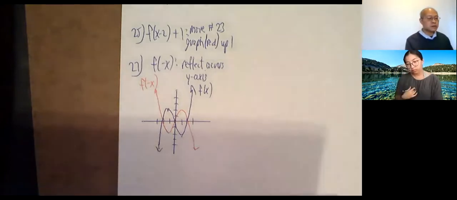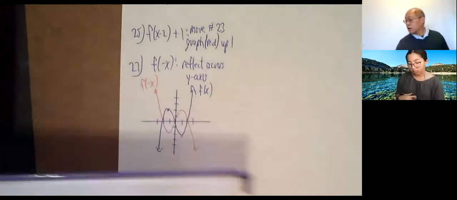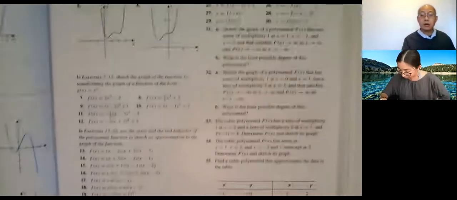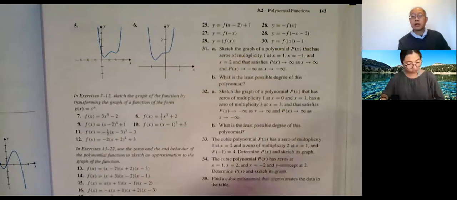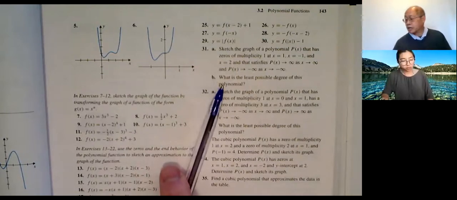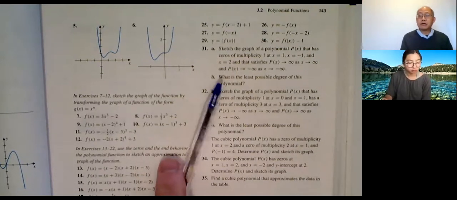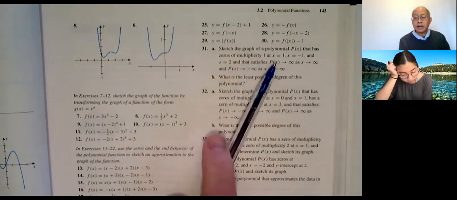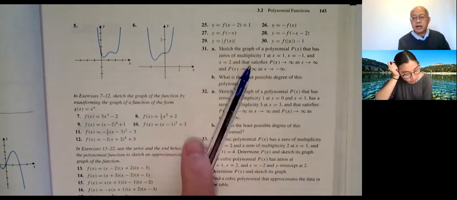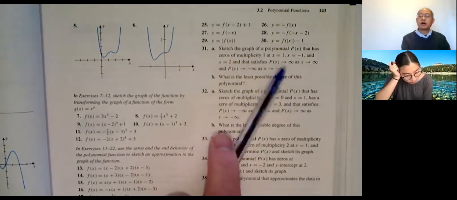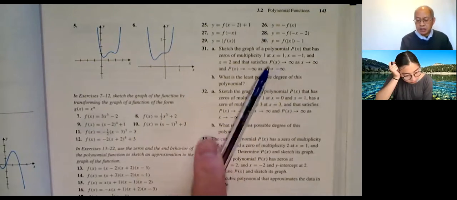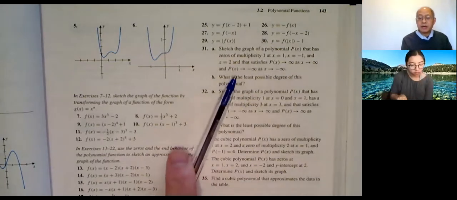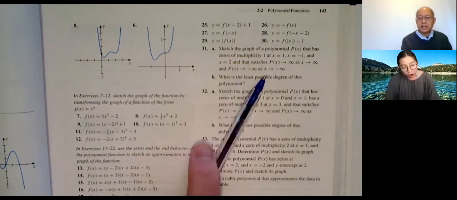Okay, next thing I want to show you is something like 31a. You can skip B. Sketch the graph of a polynomial that has zeros of multiplicity 1 at x equals 1, x equals negative 1, and x equals 2 that satisfies p of x approaches infinity. So what's this symbol mean again? So p of x approaches infinity as x approaches infinity,